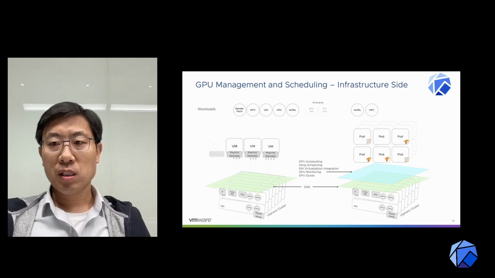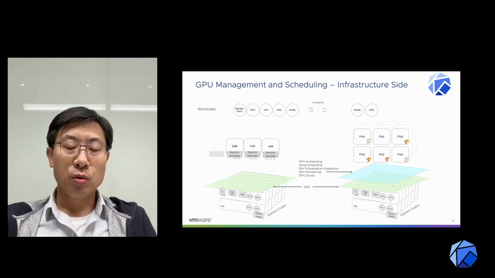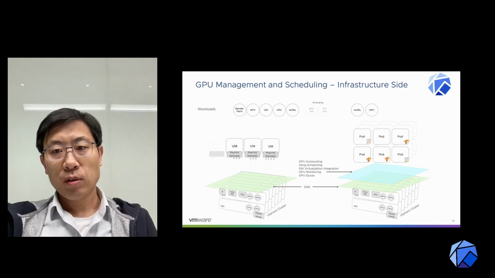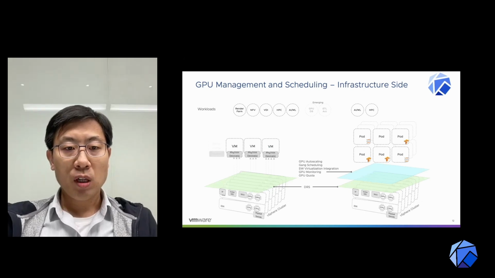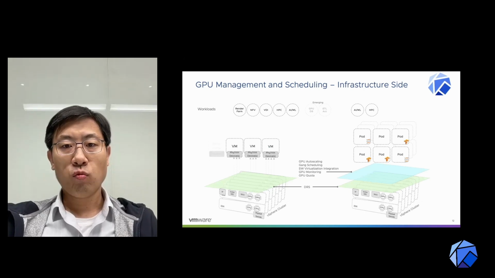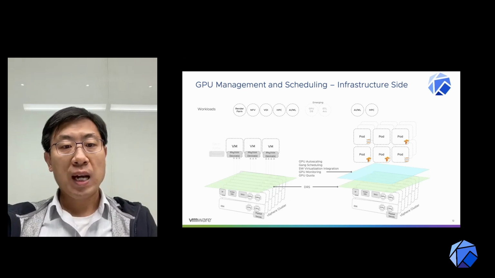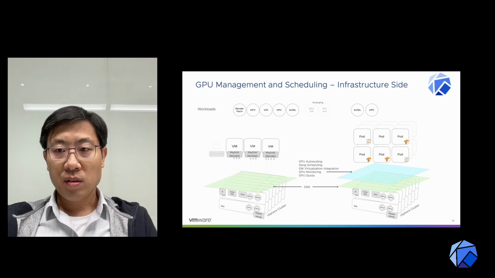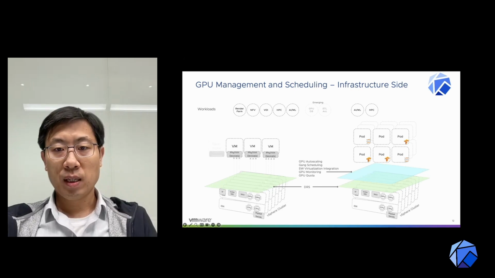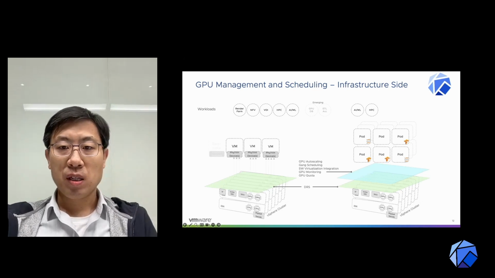As you may know, vSphere Tanzu brings two layered resource scheduling and management capabilities. The lower layer is the virtual machine and DRS, dynamic resource scheduling, which is provided by vSphere, right? So the GPU resources also could be virtualized and managed by vSphere